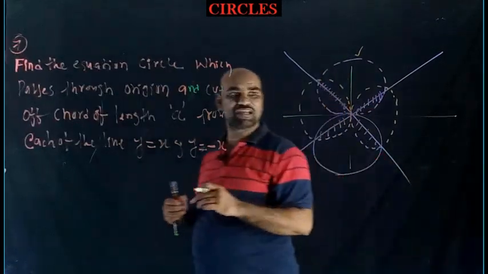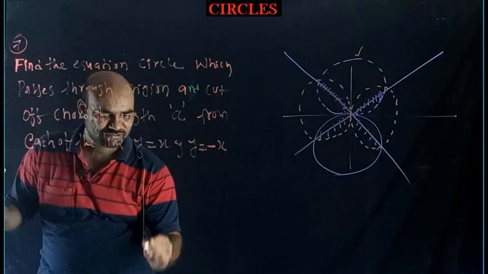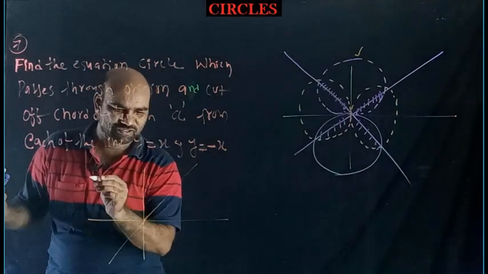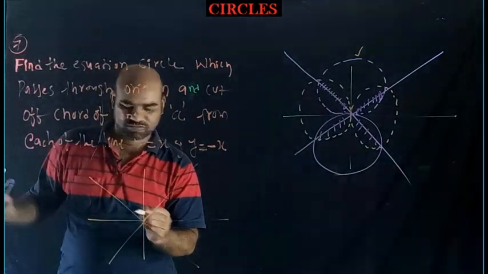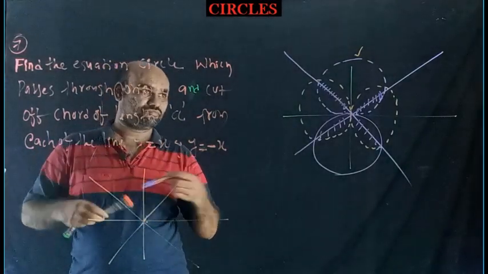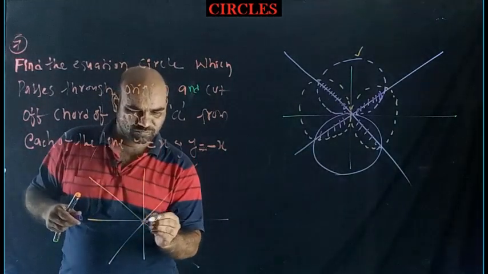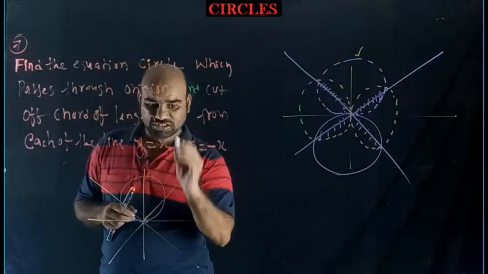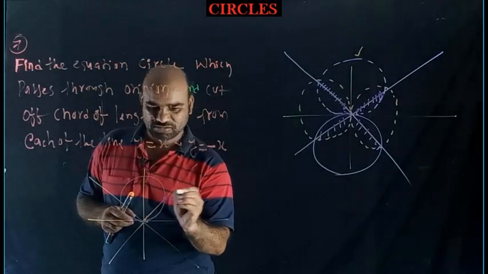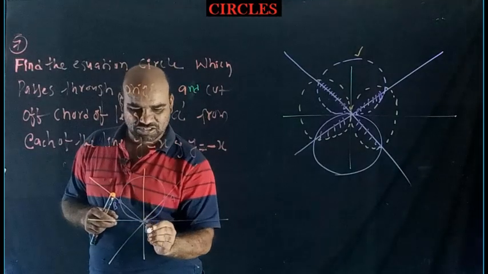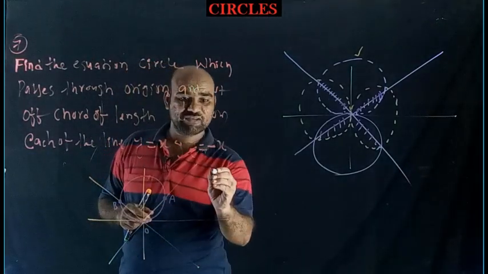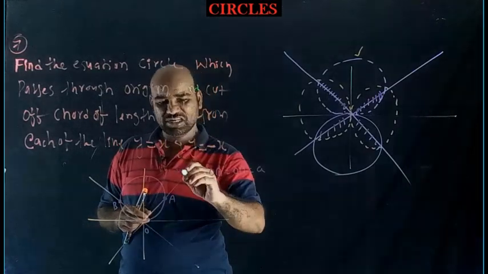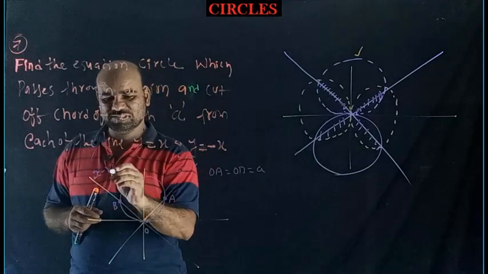Okay. Now again I want to analyze here. Observe here. This is y equal to x, Nana. This is y equal to minus x. This is one of the required circles. Interesting. Observe here. This is A. Say this is B. Say this is O. So what is given? OA equal to OB equal to a units. This line is y equal to x line. This line is y equal to minus x line.